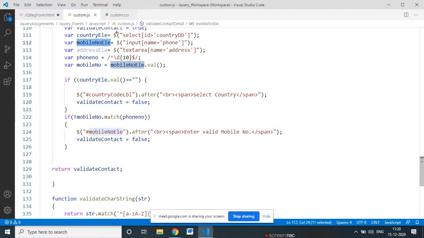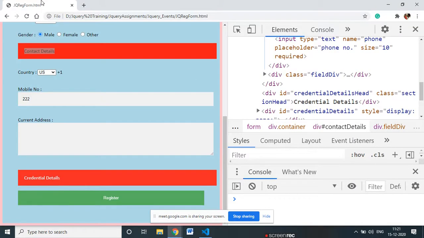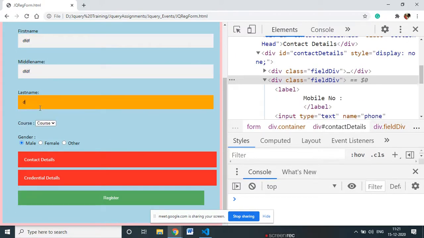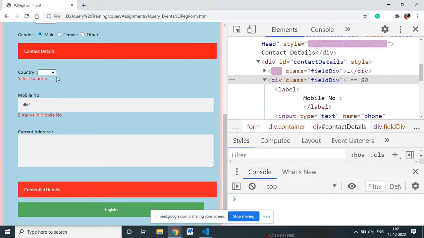Actually I have captured the entire element, entire mobile number or phone number HTML in one variable. Okay, earlier also we discussed on that. So what I need to do, I just need to say here like this. Okay, and it will work. So I used ID over there, that's why this message was not appearing. Okay, I select this. Now I put the wrong details. See, enter valid mobile number, enter valid mobile number.